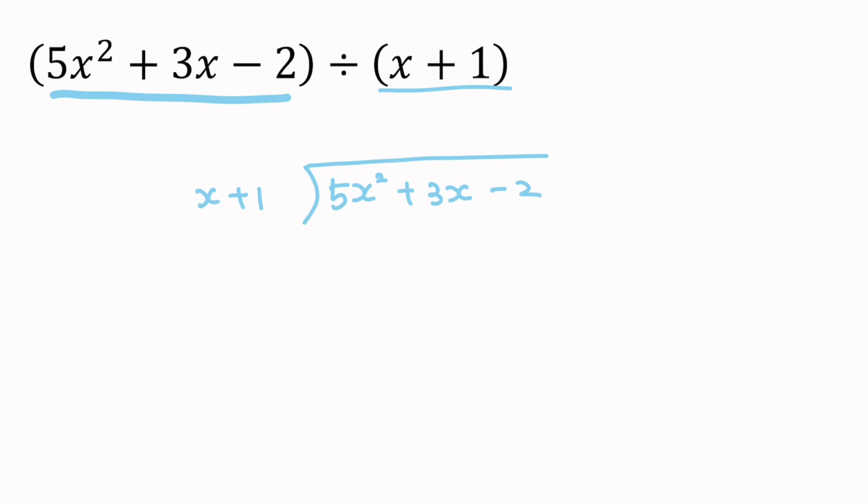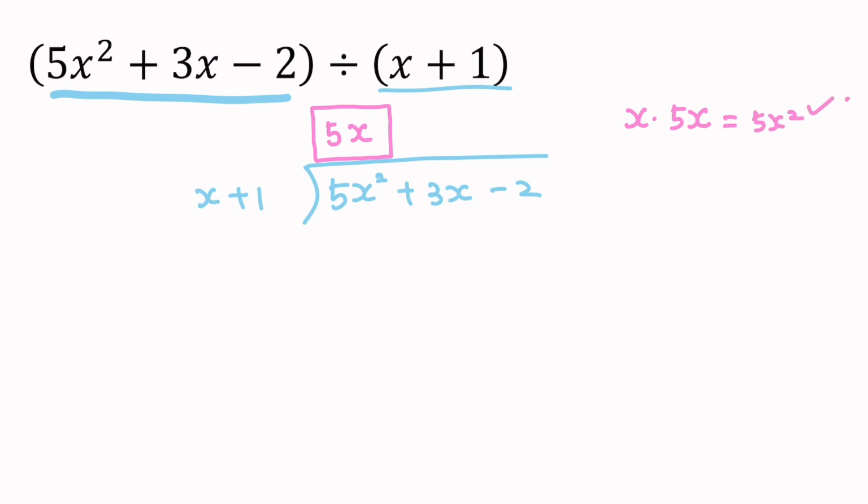Now in this section of my expression, I'm going to put an expression that when I multiply to x, which is the highest term in the binomial, gives me 5x squared. So if I multiply something to x, I'll get 5x squared. And what is that number? Well, it's 4x, right? Because x times 4x will give me, oh, actually 5x, sorry. What was I thinking? X times 5x will give me 5x squared,